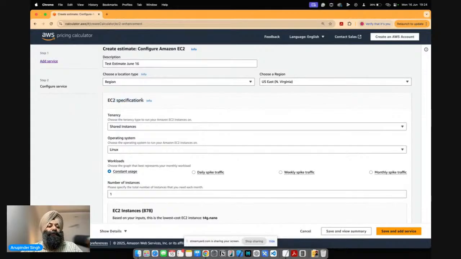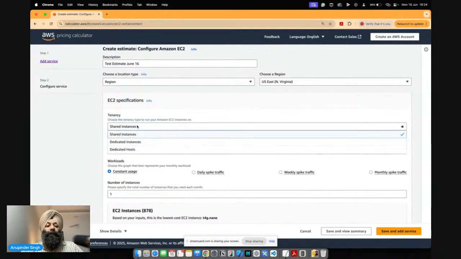सो EC2 स्पेसिफिकेशन में अगर आप देखोगे टेनेंसी है. सो टेनेंसी बेसिकली क्या होता है, दैट इन व्हाट वे यू वांट टू अवेल द सर्वर. शेयर्ड इंस्टेंस रखना है, डेडिकेटेड इंस्टेंस रखना है, डेडिकेटेड होस्ट रखना है. सो शेयर्ड इंस्टेंस और होस्ट में फर्क क्या है? इंस्टेंस और होस्ट में फर्क ये है कि इंस्टेंस एक वर्चुअल मशीन है, होस्ट बेसिकली आपको एक, आई वुड नॉट से वर्चुअल, फिजिकल सर्वर एलोकेट होगा क्लाउड पे, राइट? यू आर नॉट गोइंग टू बाय एनीथिंग.